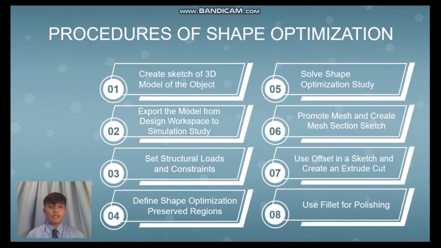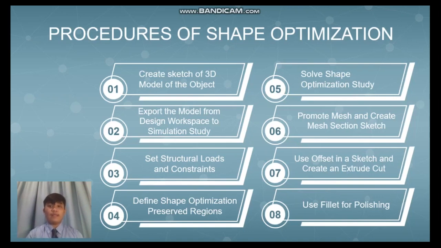Define shape optimization preserved regions. So what are these preserved regions? The preserved region feature in Autodesk Fusion 360 lets the designer hide certain parts of the object being subjected to testing from the shape optimization process. Any area that lies within these regions shall remain intact and untouched when the optimization applies. For our design, the three cylindrical bolt holes should be preserved because this is where the